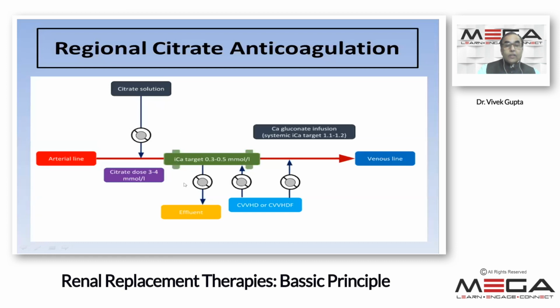So this is how it works. It is the arterial line. You are adding a citrate solution. You are targeting the circuit calcium target of 0.3 to 0.5 millimole per liter, and you are dosing citrate around 3 to 4 millimole per liter, and most of it is filtered in the effluent, and you are replacing with calcium gluconate or calcium chloride. You should remember that the available calcium in calcium gluconate is one third of the calcium chloride. So you adjust and then you return the blood back to the patient